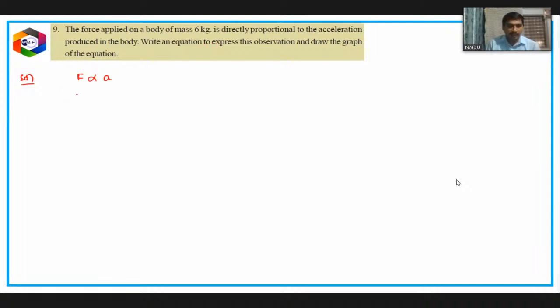So if we remove the proportionality and keep the constant, that is equal to MA, we will write F equal to MA. Now here M is given as 6 kgs. So I am replacing M with 6. Now we have the equation F is equal to 6A. That's all. It is a simple equation. Now we got an equation in two variables. One variable is F, which I am keeping to represent force,